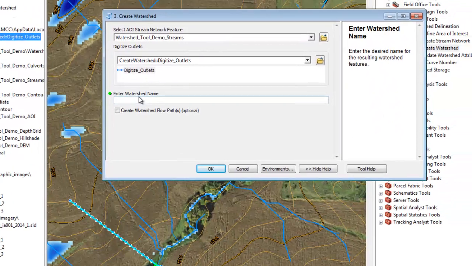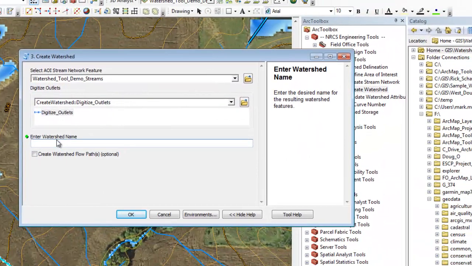Notice there's one more input field called Enter Watershed Name. I'm going to call this WTD for Watershed Tool Demo. And just below that is a checkbox labeled Create Watershed Flow Paths. This is optional. Because I'm developing hydrology for this watershed, I want to find the longest flow path, so I